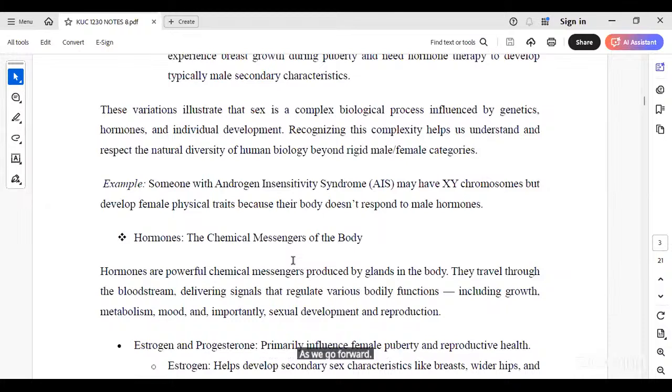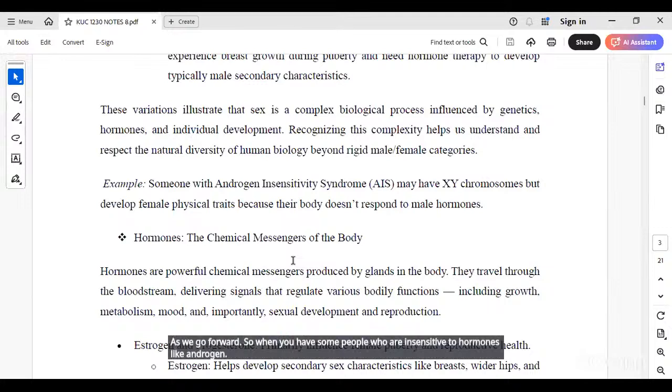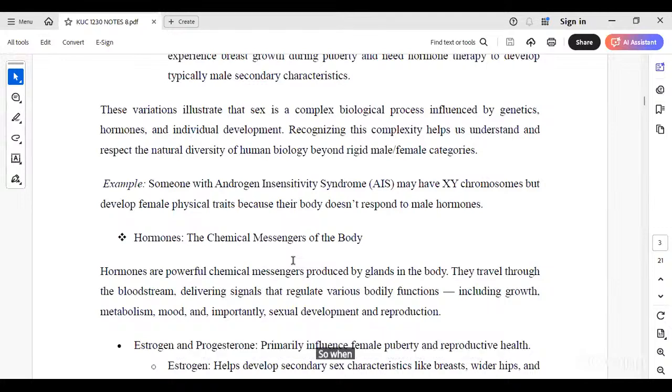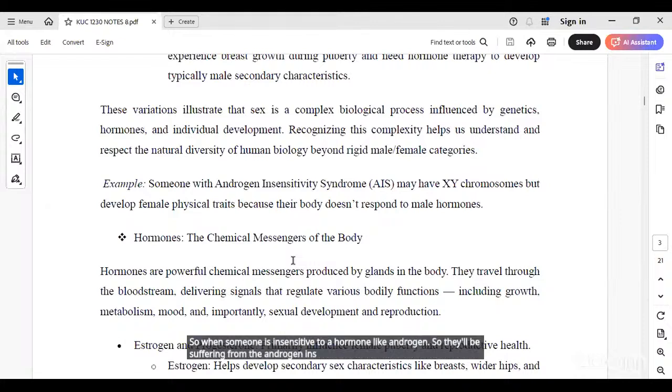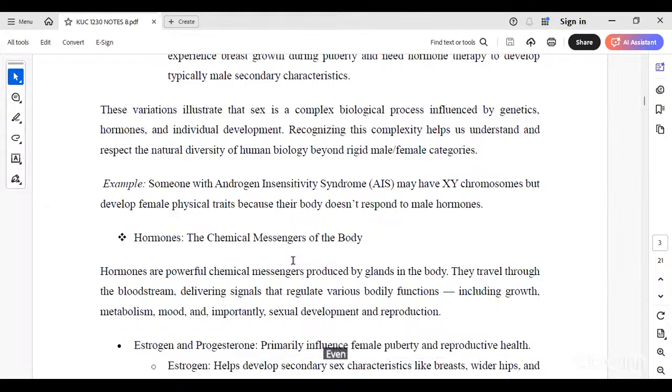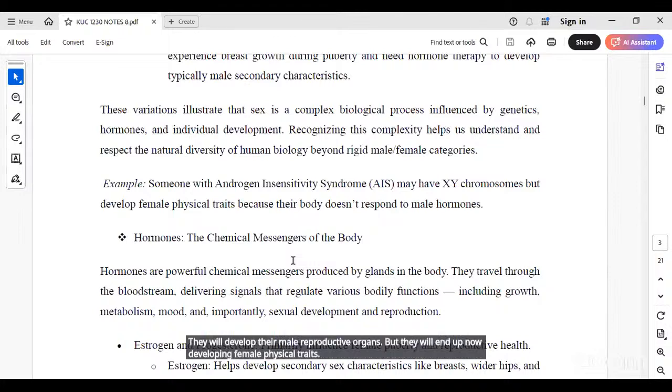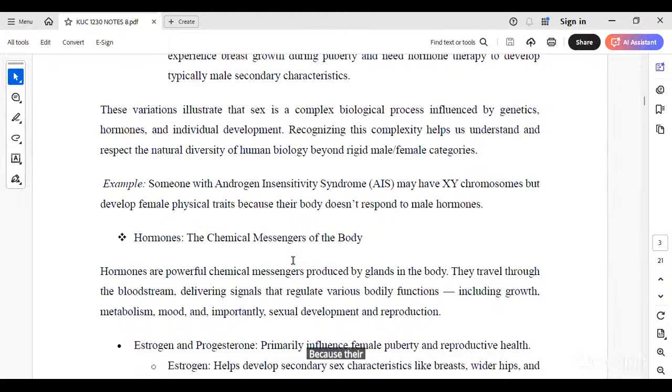When some people are insensitive to hormones like androgen, they will suffer from androgen insensitivity syndrome, even if they have the XY chromosome. Because of the Y chromosome, they will develop male reproductive organs, but they will end up developing female physical traits because their body is not responding to the male hormones. The androgen hormone is what will trigger